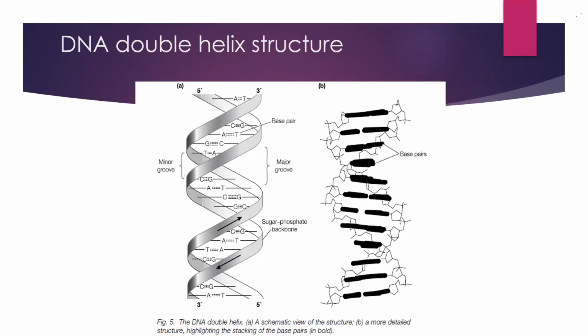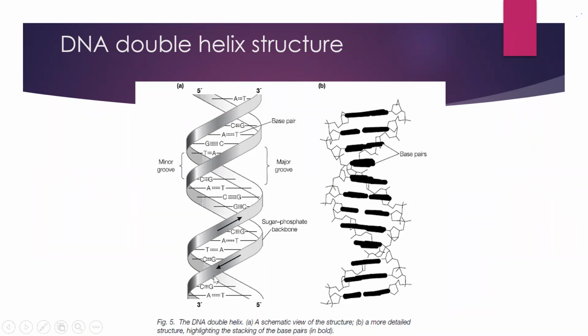So what are the characteristic features? I'm sure you all would have studied this definitely at BSc level. It's going to be more or less the same thing we will be studying here. So what are the characteristic features? There are 2 strands which are wound around each other following a helical path, and both these strands are anti-parallel to each other. That means if one strand runs in 5' to 3' direction, the other strand runs in 3' to 5' direction. And they wind around each other following a helical path, and it results in a right-handed helix.